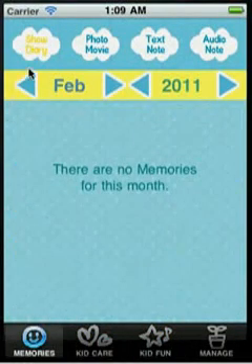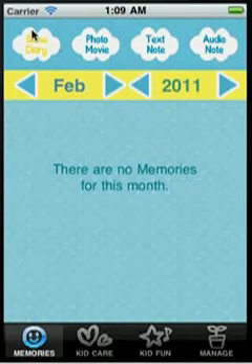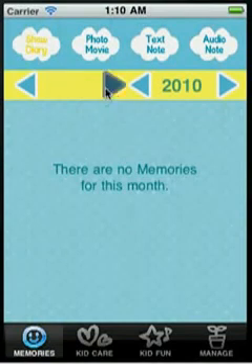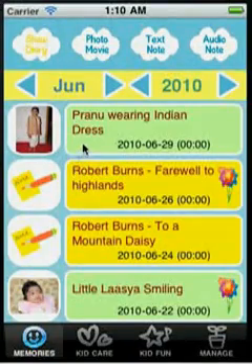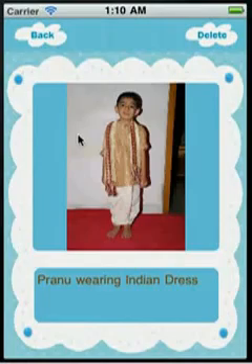Coming back to the Memories, the interface opens like this with the year and a month to select from. The first button here shows Show Diary. So we need to select the year and the month, and we get a list of all the photos and text notes and audio notes or movie files, everything in one page. So we can just browse through them